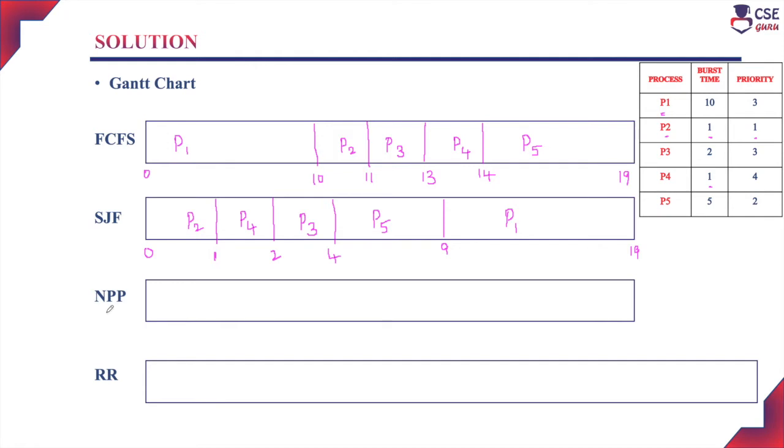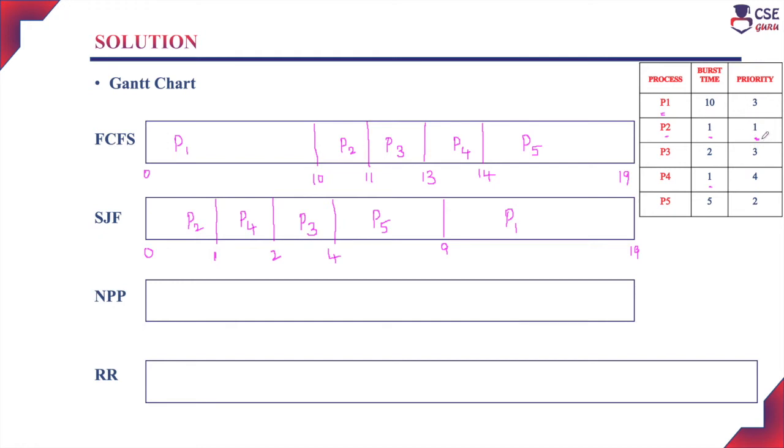Non-preemption is nothing but once the process is assigned to the CPU for execution, till it completes its execution, we cannot suspend the ongoing process on the CPU. The assigned process will complete its execution and then only it will leave the CPU. That is non-preemption. And in the problem itself, they have given that the smallest number has the highest priority.